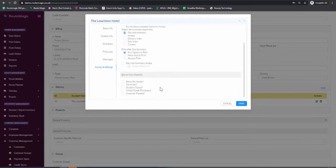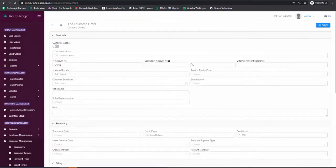And finally, there's a checklist. So we can put in here, this is security based. So if we have keys, have we relocked doors, have we reset the alarm, etc. So let me come back out of there. So from setting up your customers,